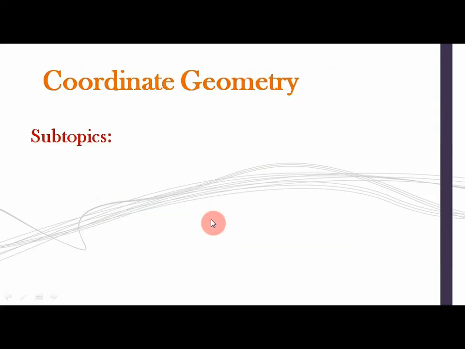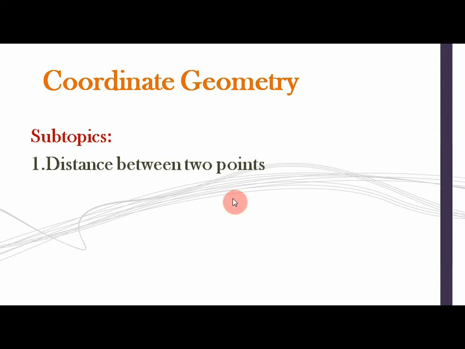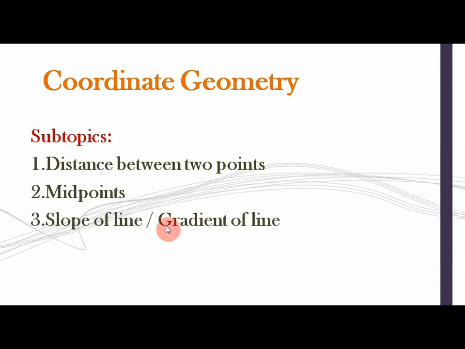Moving on, the subtopics we discuss are: distance between 2 points, which you start from the starting one; the second one is the midpoint of the 2 points; then the slope and the gradient of the line, having the formula y2 minus y1 over x2 minus x1; and the fourth one is the equation of a line. Now we are going to study what the equation of a line is and how to calculate it. Today's main goal is to find the equation of a line by using the given 2 points.